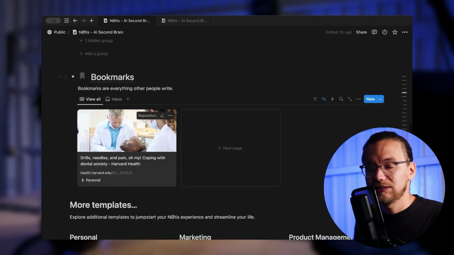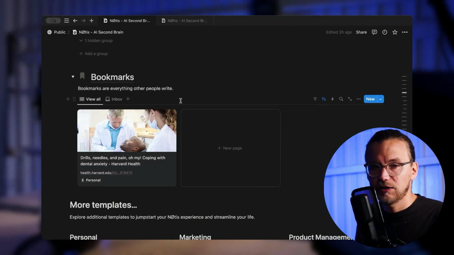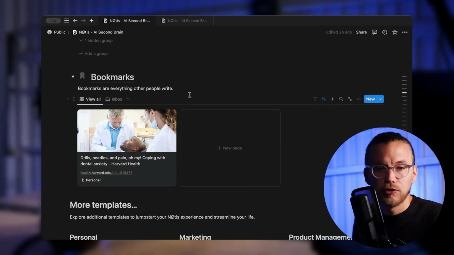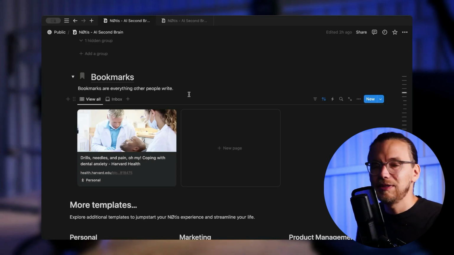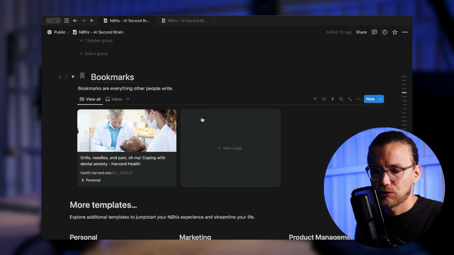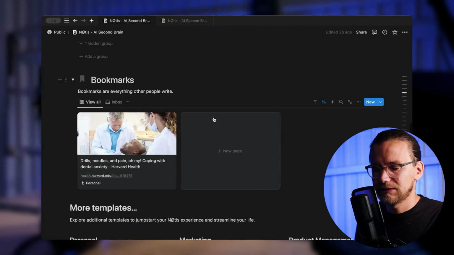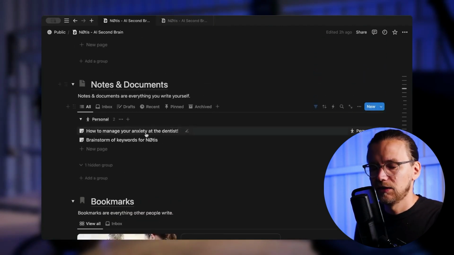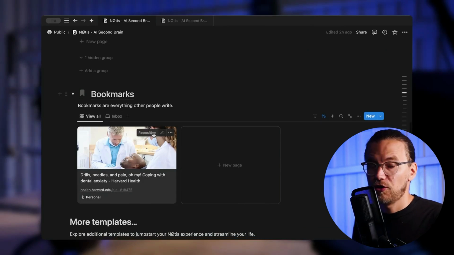Bookmarks are things that others wrote. So it can be website content that you captured to remember, a new tool that you discovered, might be a quote from a book, might be anything that someone else wrote. And we'll see that you can use something like the Notion web clipper to capture those very easily. Of course, you can use Notis as well. But that's the main difference between here, everything that you write yourself, and here, everything that others wrote and